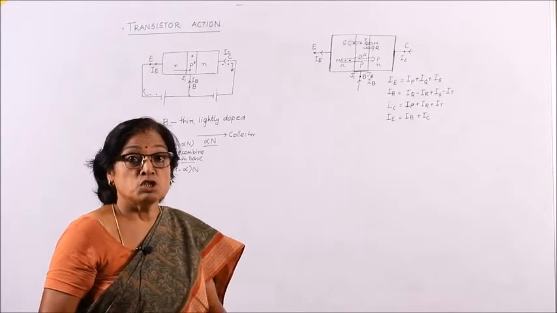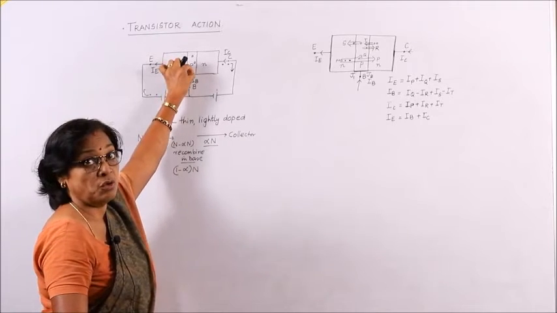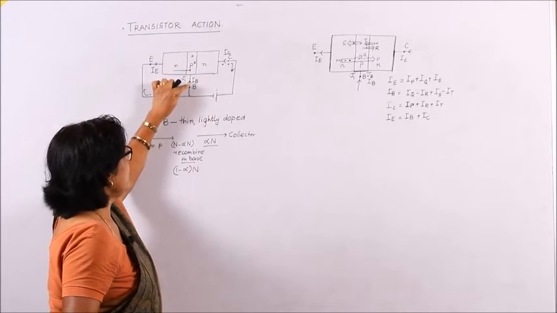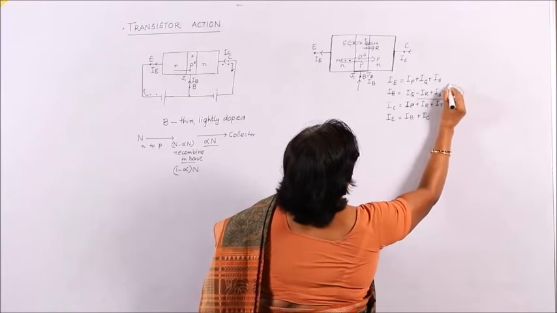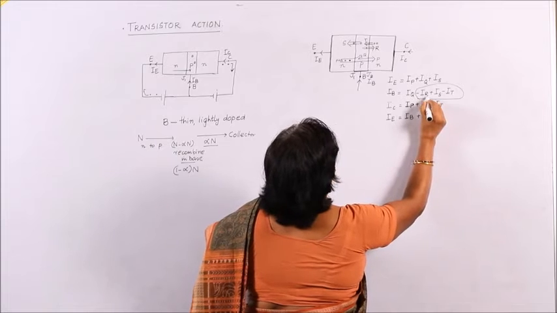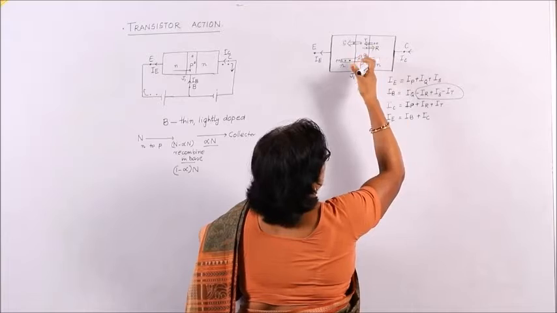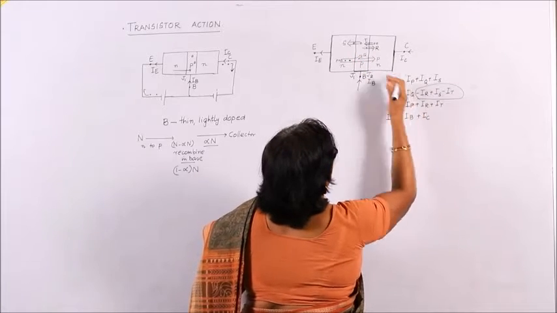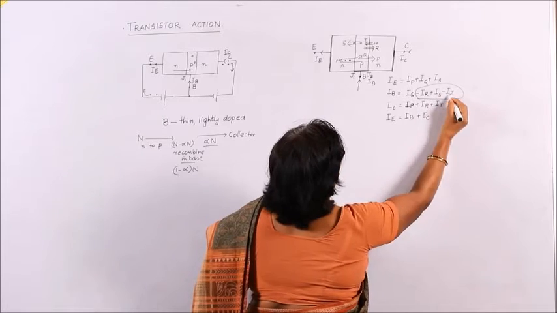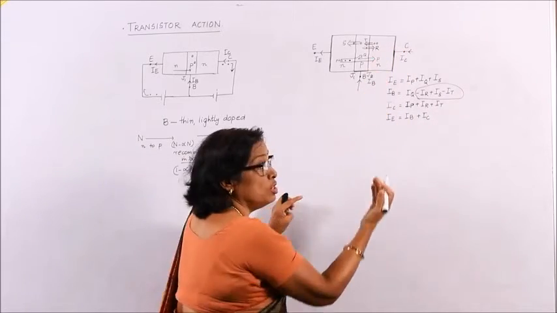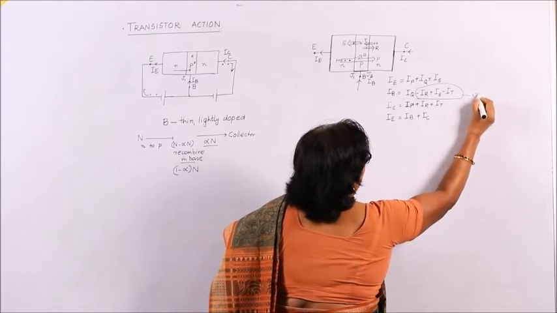Now, for a small change in base current, only a few of them are combining here. So, the base current is mainly due to recombination. See, these values are very small actually. These currents are due to r, the number of electrons leaving the base region, and s, the number of holes leaving the base region to the emitter region, and t is the number of holes which are coming to the base region. These values are very small.